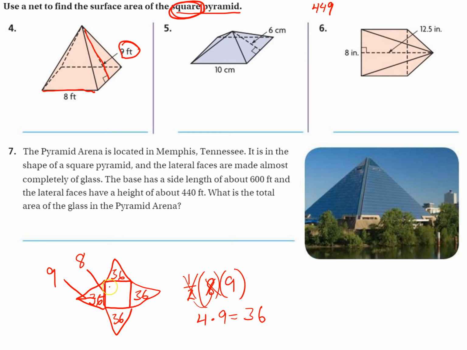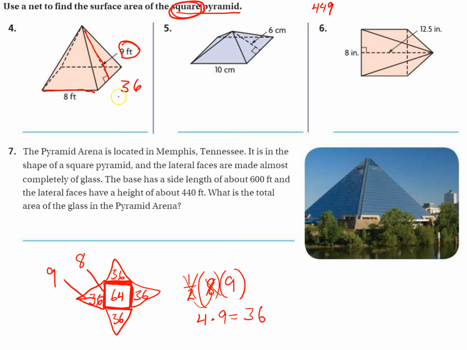And then I still need to find the area of the square, which the square is 8. And since this is 8, I know that all sides, because it's a square, all sides are equal. So this is an 8 by 8. 8 times 8 is 64. So now I simply add those up, or I could do the